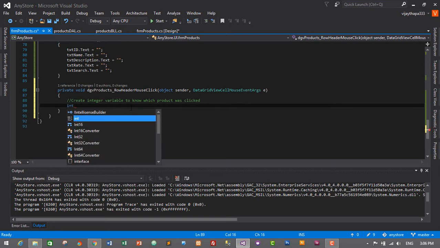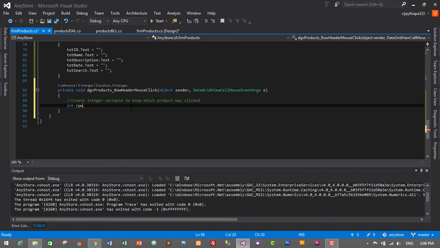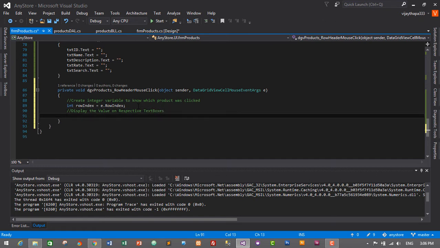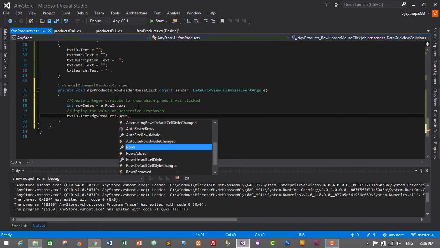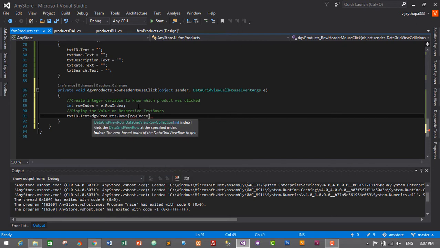We'll create an integer variable, rowIndex equals e.RowIndex. So this will give the identity of the row which was clicked. Then we will need to display the values in the respective text boxes. For this, we'll write the code: txtId.Text equals dgvProducts.Rows[rowIndex].Cells,